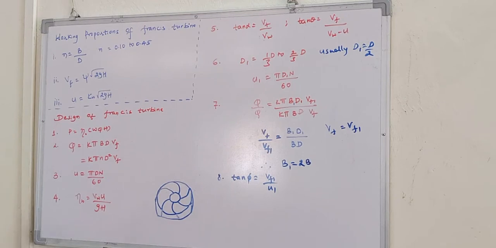The third one is with respect to the head of water. With respect to the head of water, it is medium head. As we know, the Pelton turbine works at a high head, more than 250 meters of water, and the Kaplan turbine works at a low head, even 5 meters. But this is a medium head turbine, where the range lies from 50 meters to 150 meters or so. In this head of water, this turbine will work. That's why it is called a medium head turbine.